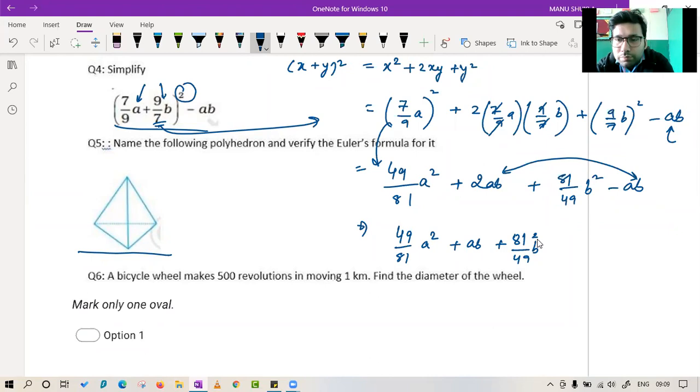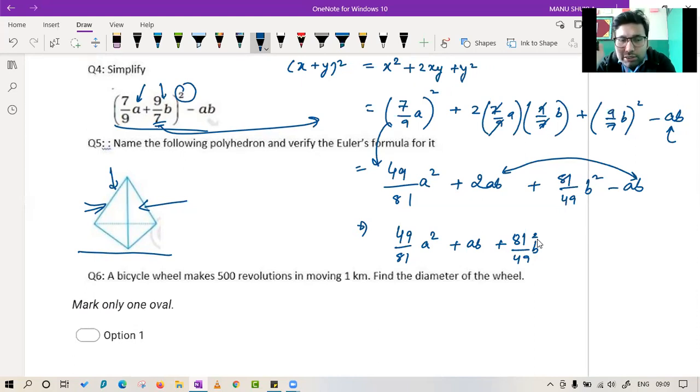Anyone? Yes, Joel, correct. In a pyramid, the lateral surfaces are triangles. Yes, Mridhi. So you can see this is a lateral surface, triangle, triangle, triangle. But to name a pyramid, again, we have to see the base. So class, if you see the base of this pyramid, the base is a triangle.